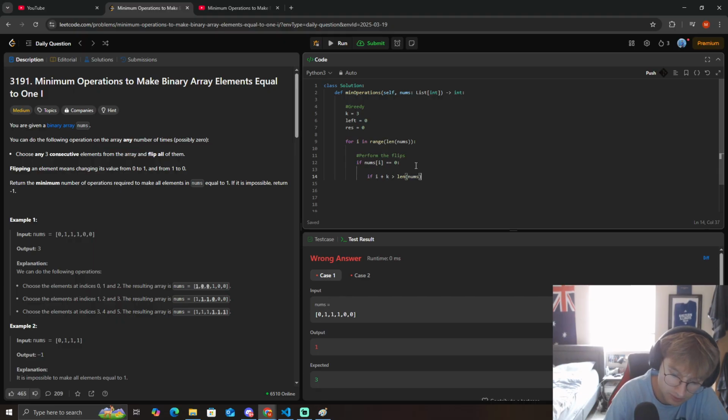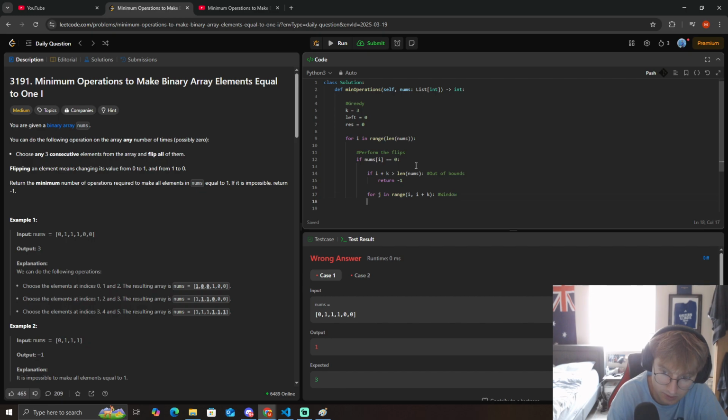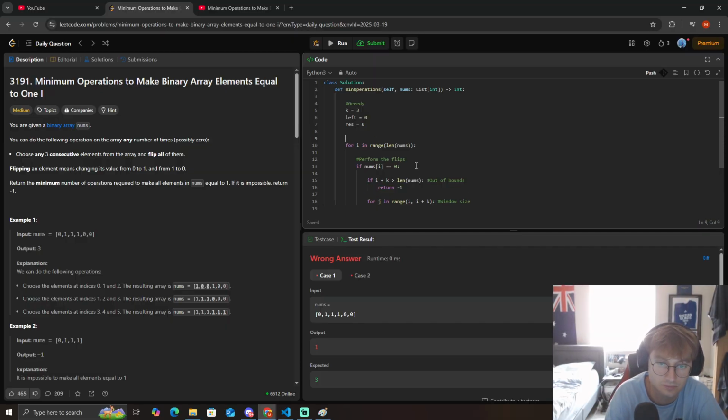And the length of nums out of bounds, we can return -1, right? Otherwise, if we do the flipping, for j in range i to i plus k, window size, then we def flip. We can put in the